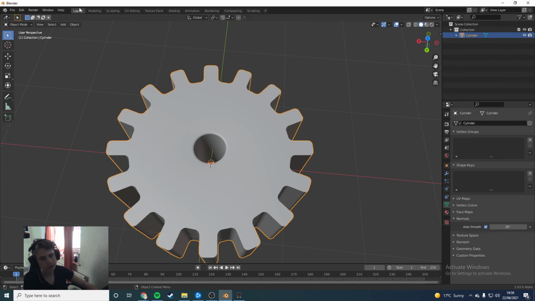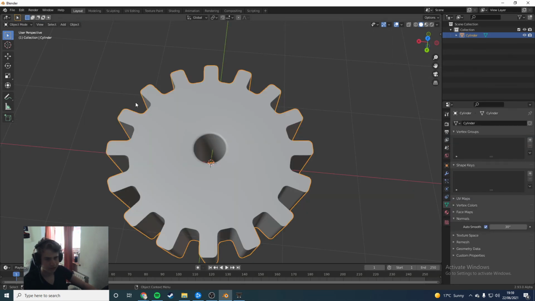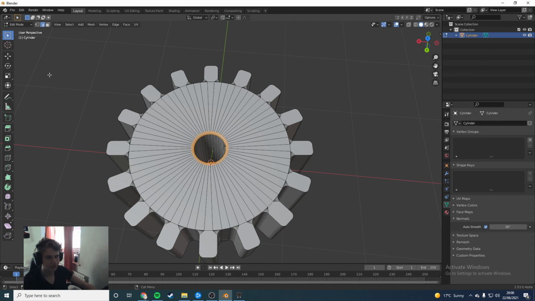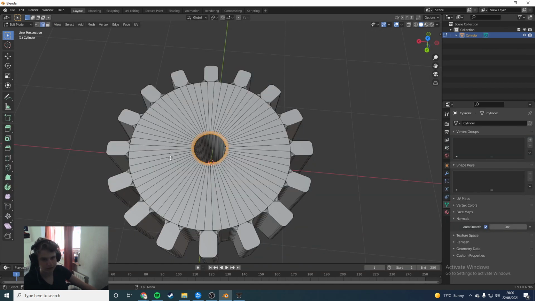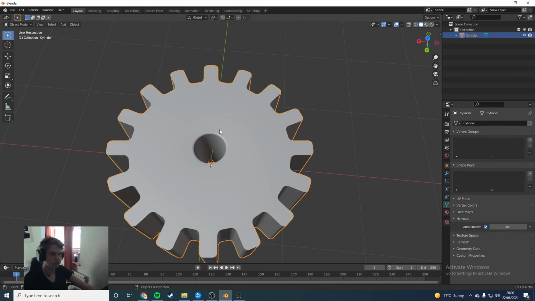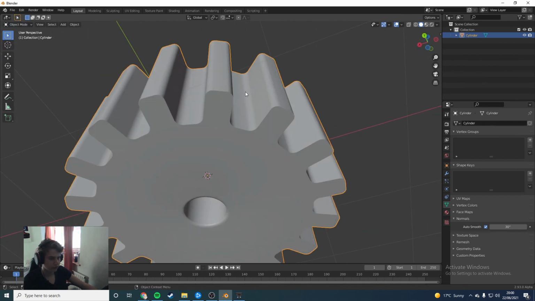So I guess that's the basics of modeling, in a way. If you just press tab, then you're in edit mode and you've already got all of these things selected. So rather than going over to modeling, you can just press tab, can't you? And you can do all types of stuff, but for now we're just going to focus on this. And for this last one,